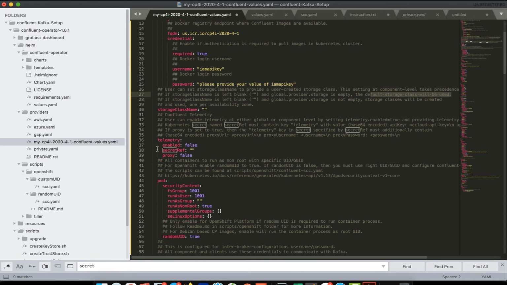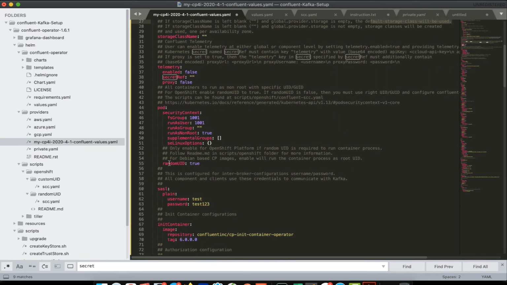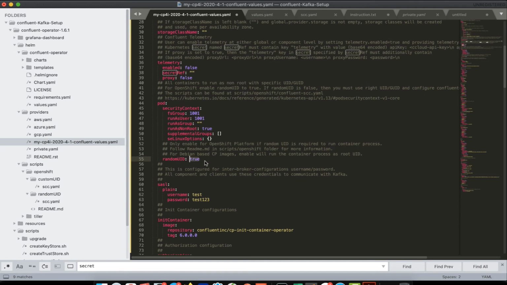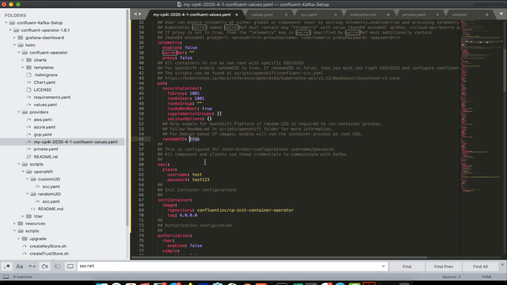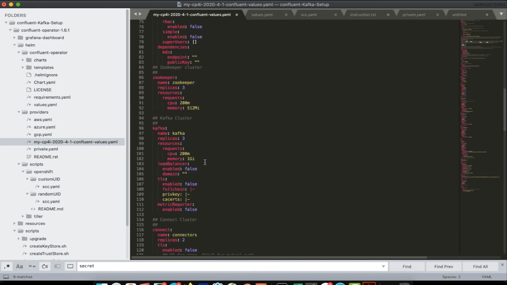So let's move on. I'm not going to touch anything on the telemetry. I'm not going to touch anything on the pod. And then you need to ensure random UID is true, because we created the security context constraint for random UID. Ensure you are enabling this to true. After that, do not change anything except only one. Scroll down,